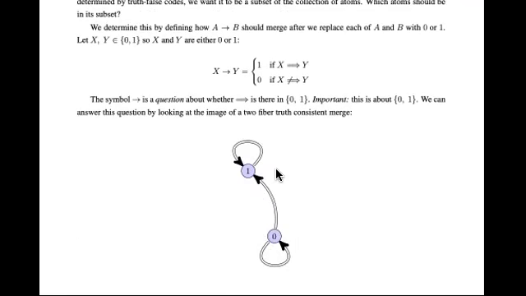Let's think about x arrow y as being an expression, which will represent a subset of atoms. Which atoms is it going to give us? Well, let's think about this for a minute. Let's think about this arrow as